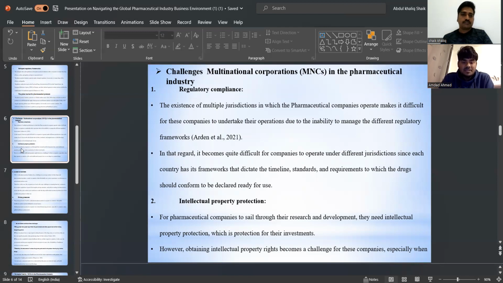Intellectual property protection. For pharmaceutical companies to sail through their research and development, they need intellectual property protection, which is protection for their investment. However, obtaining intellectual property rights becomes a challenge for these companies, especially when